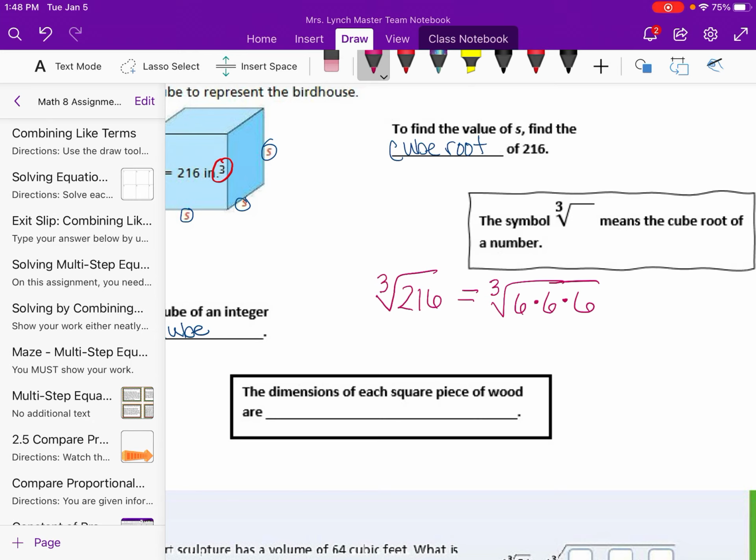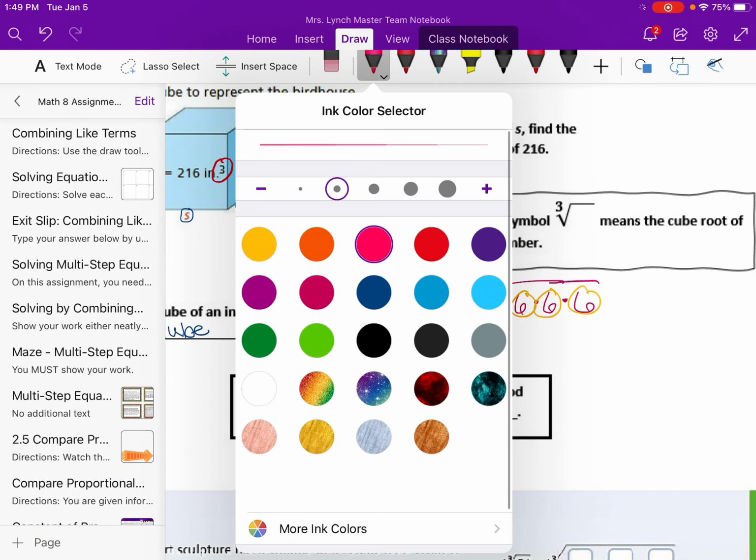So here's where we start the grouping process. We can start pulling things out from underneath of that little check mark symbol, the radical, as long as there are sets of 3. Well, how many 6s do we have? We have 1, 2, 3. So since we have a set of 3, and we're doing the cubed root, which means 3,